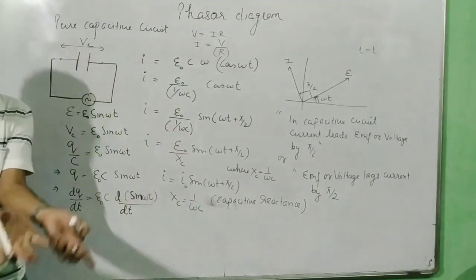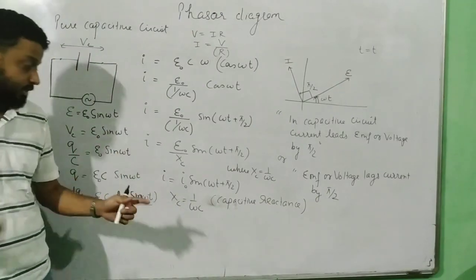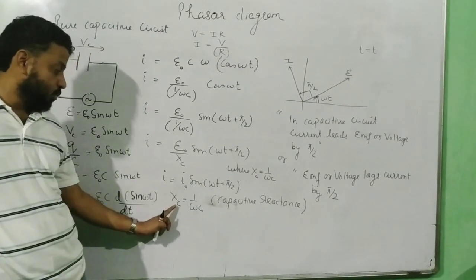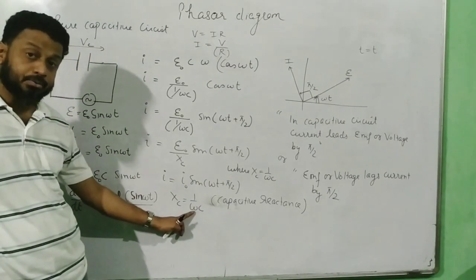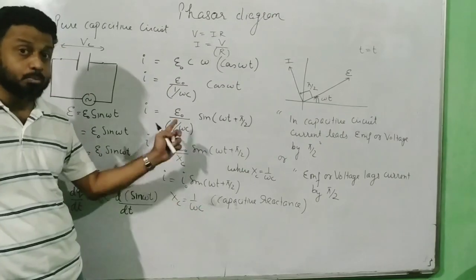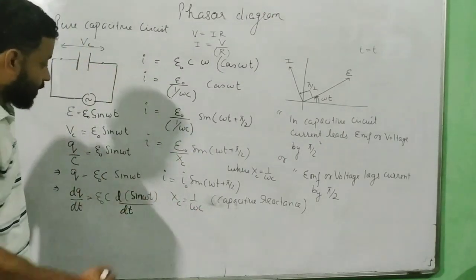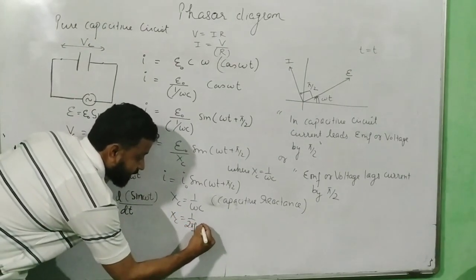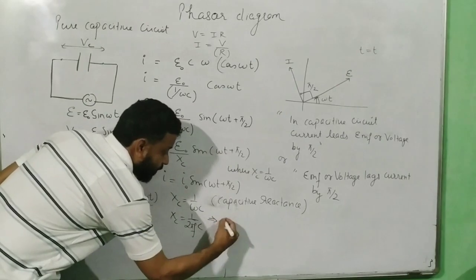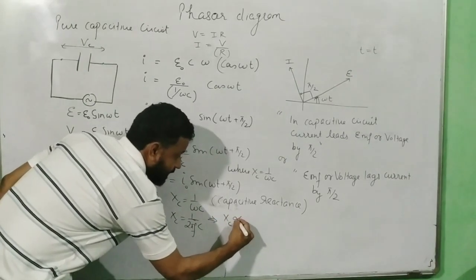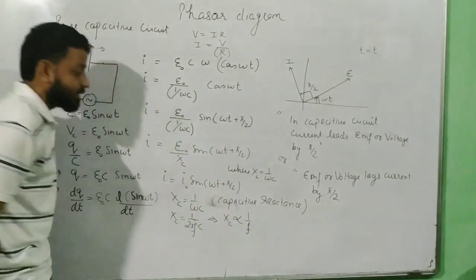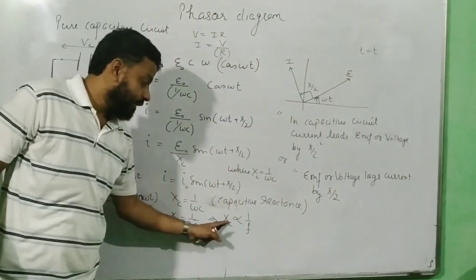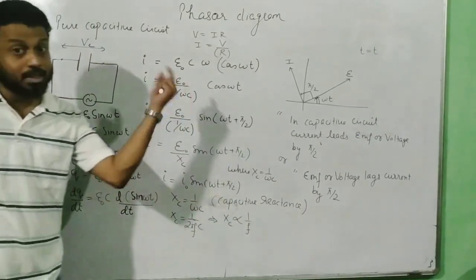Basically, it is the same concept as resistance, only offering of resistance. So XC equal to 1 by omega C. The important point to note here is, remember, omega is 2 pi f, or 2 pi by capital T. So XC is equal to 1 by 2 pi times frequency times C. This is a very important result which says that XC is inversely proportional to f. It means as the frequency increases, the reactance offered by the capacitance decreases.